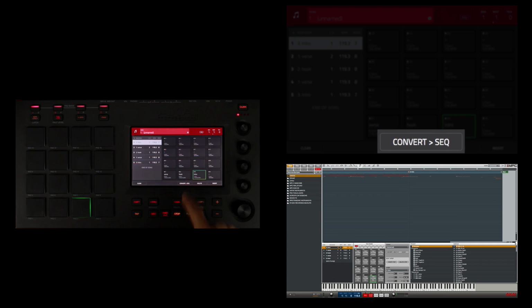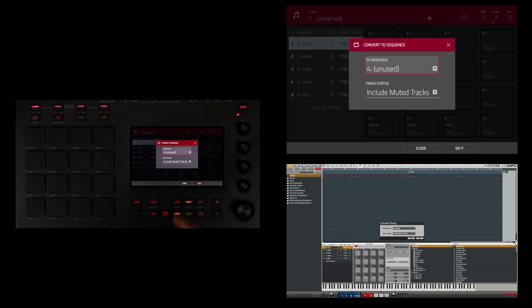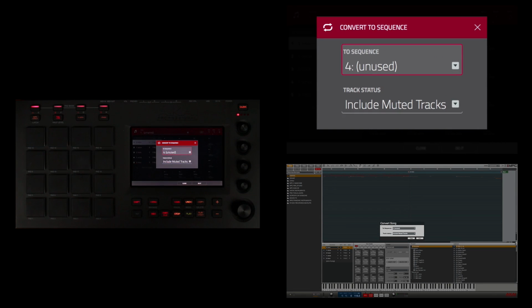So I'm going to touch Convert to Sequence. And when I do that, it's going to take all of these sequences, the intro, the verse, the hook, the verse, and the last intro, and it's going to compile it into one long sequence with all of these changes already in the sequence. So I'm going to say Convert to Sequence, and then the dialog comes up asking me